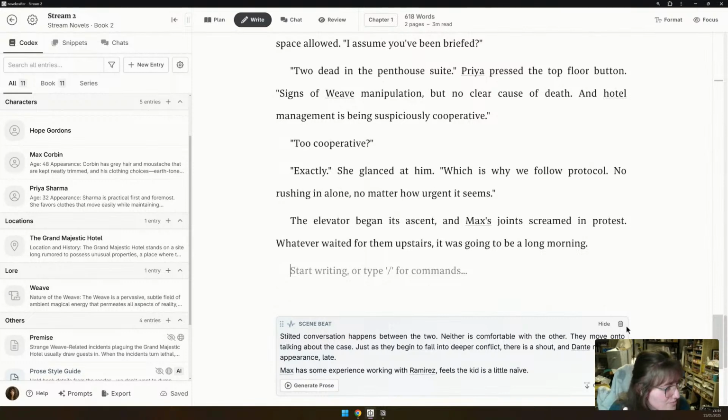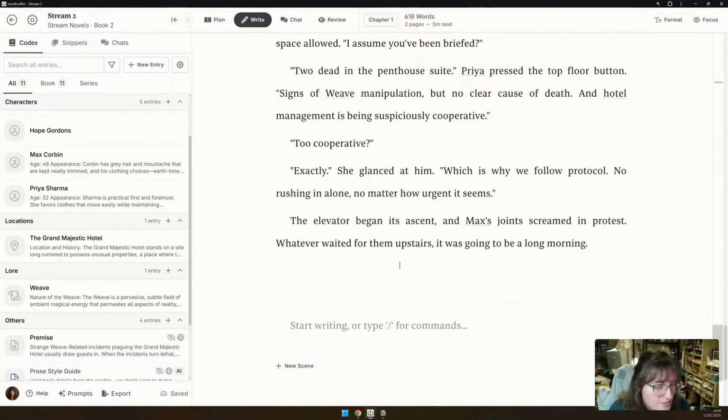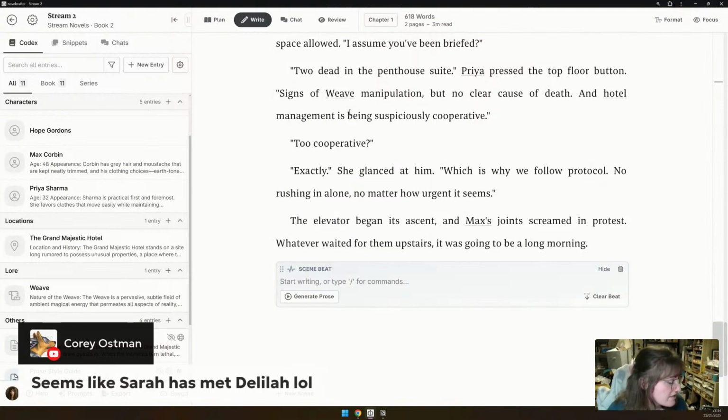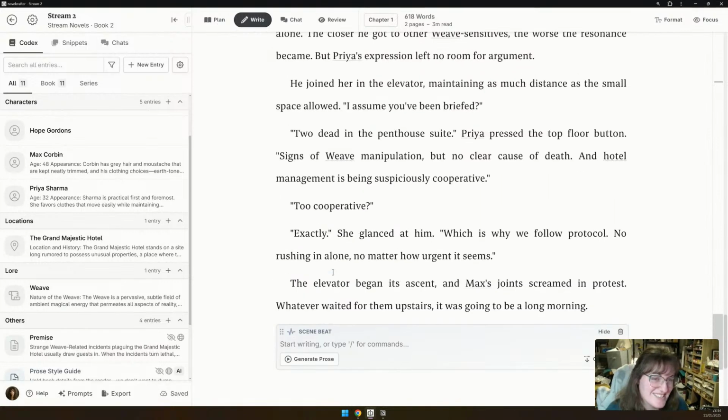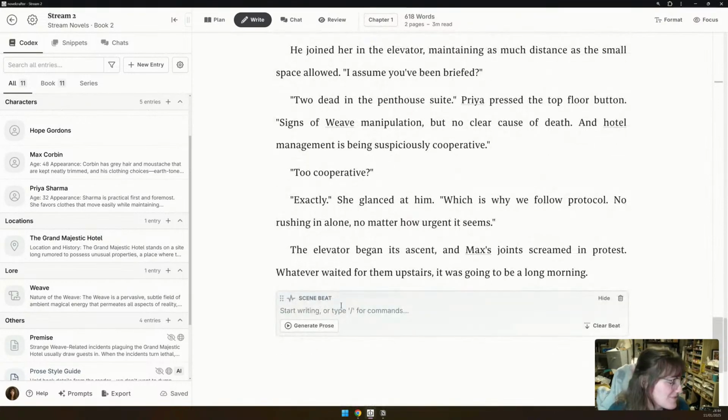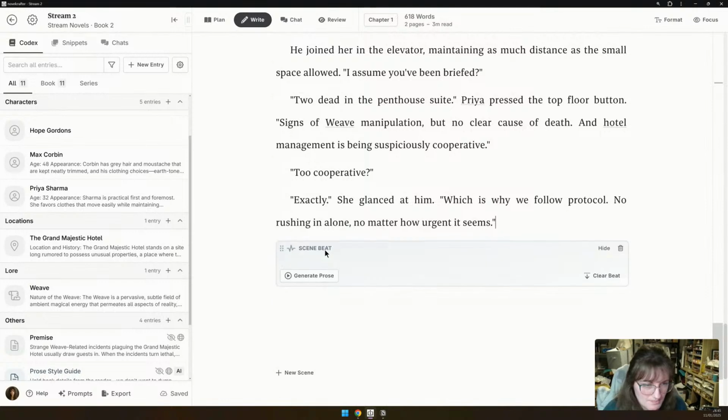Okay, interesting that they've gone upstairs, even though there's no. So I'm going to again follow this. I'm pivoting. Yeah, Sarah has definitely met Delilah. She is a sass bucket. For reference, Delilah is the character from my Write With Me series. I'm going to get rid of that.